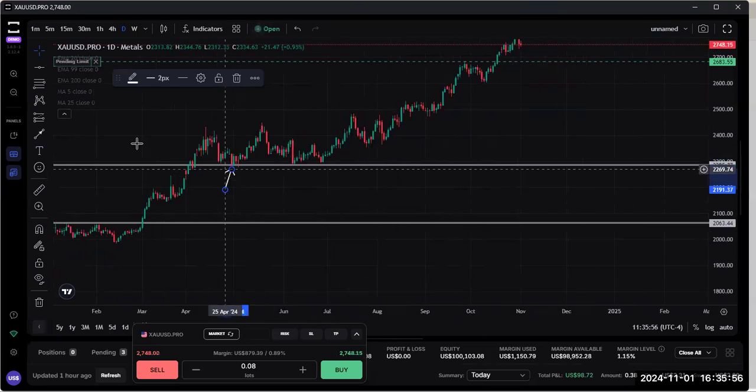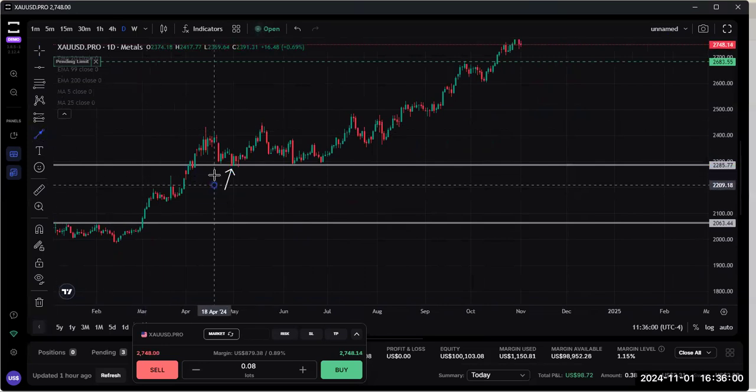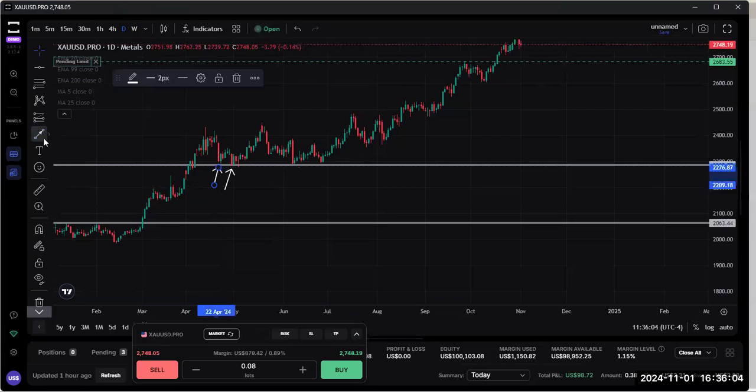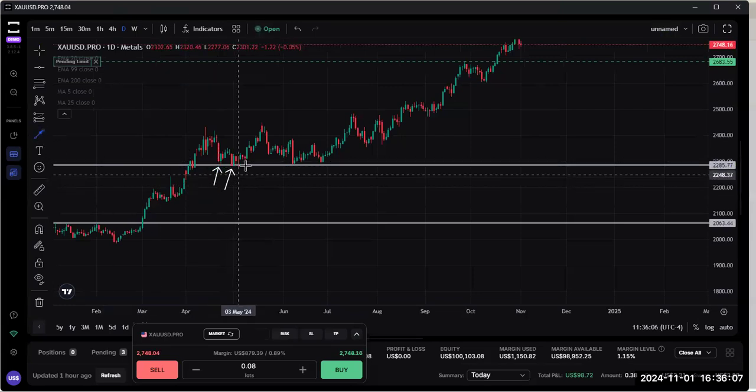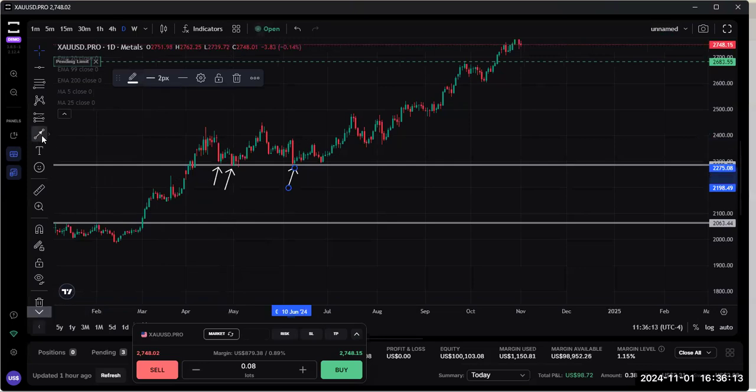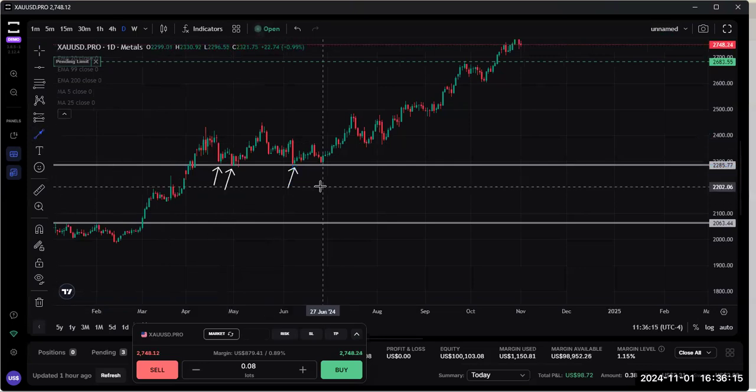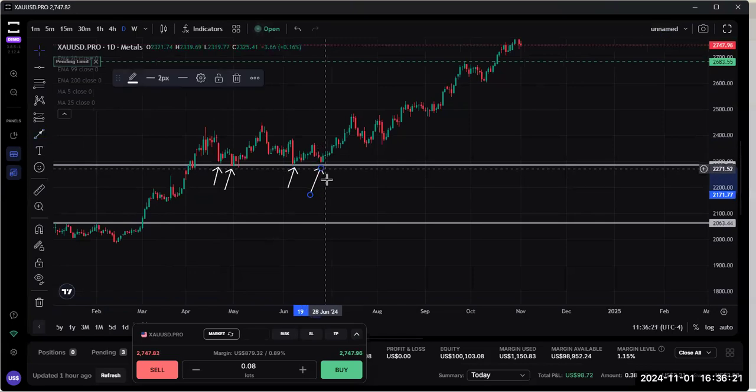So you can see that multiple times, when price touched that place, it held multiple times. Price touched it, it held. It didn't continue to come down. It didn't continue to descend. So we'll call that area an area of support,